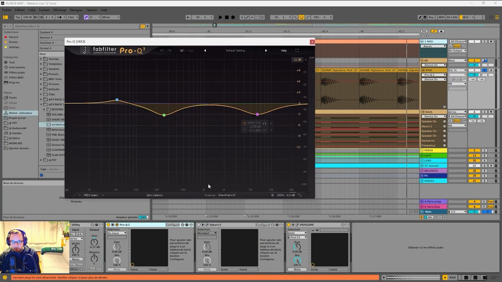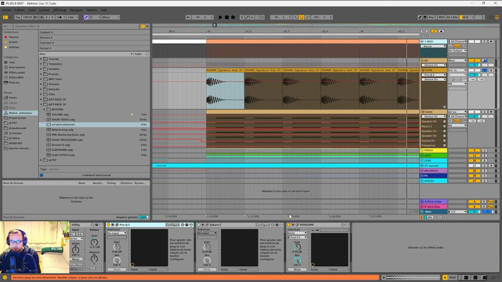I made some EQing. I removed some frequency in the muddy area and around 6000. But I bring it back with saturation for the 6000 part.